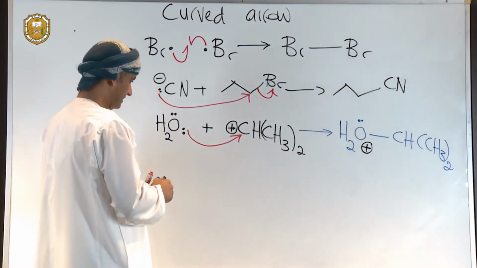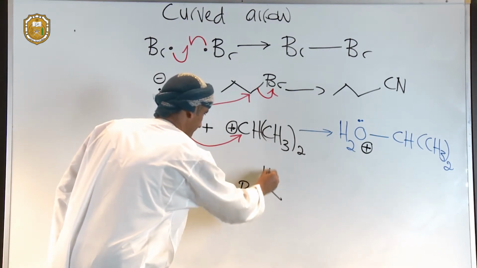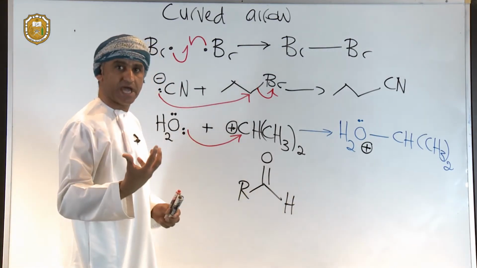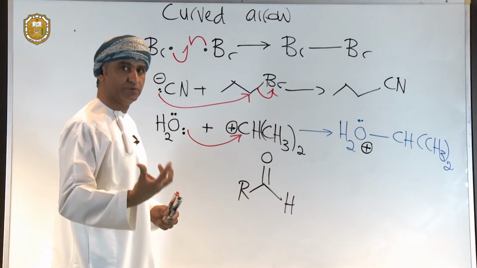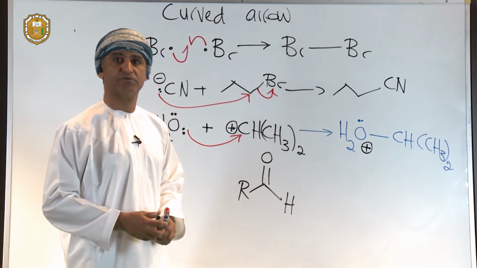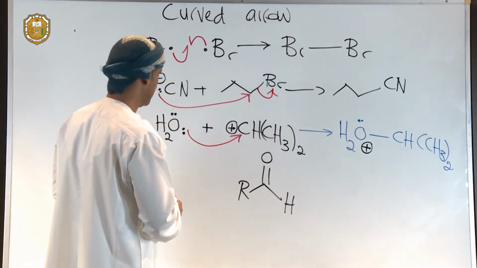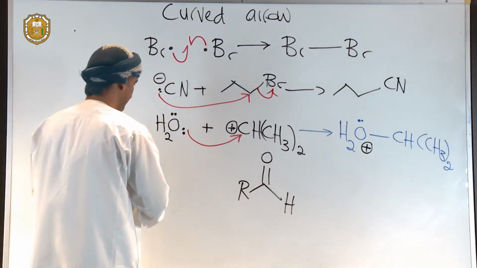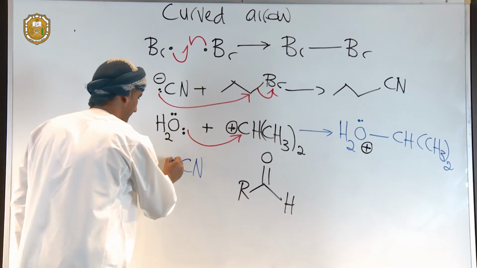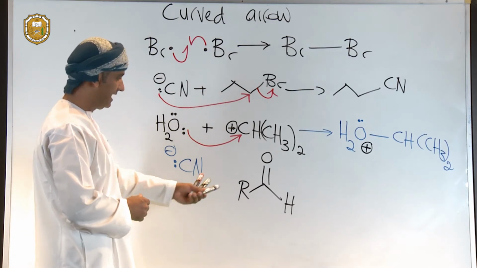product. Let's now take another example of an organic reaction to illustrate the idea of using curved arrows or curly arrows to indicate electron movement, to be able to understand reactions. So if we take, for example, again, the cyanide ion, and we bring it in contact with that aldehyde. This is a very general